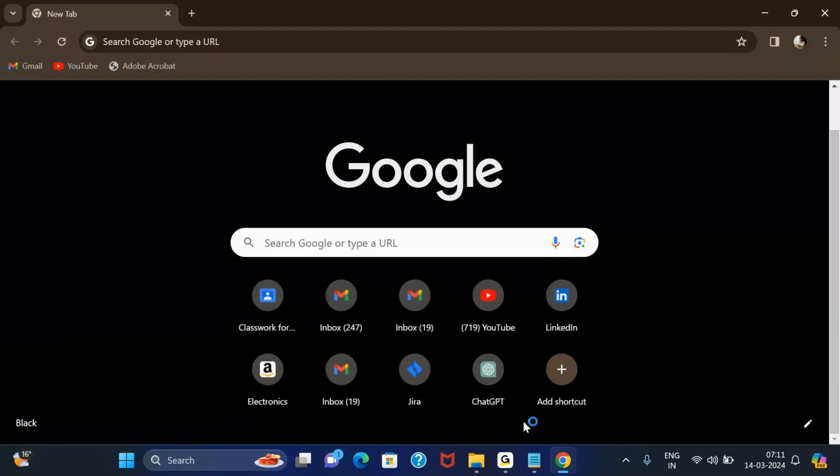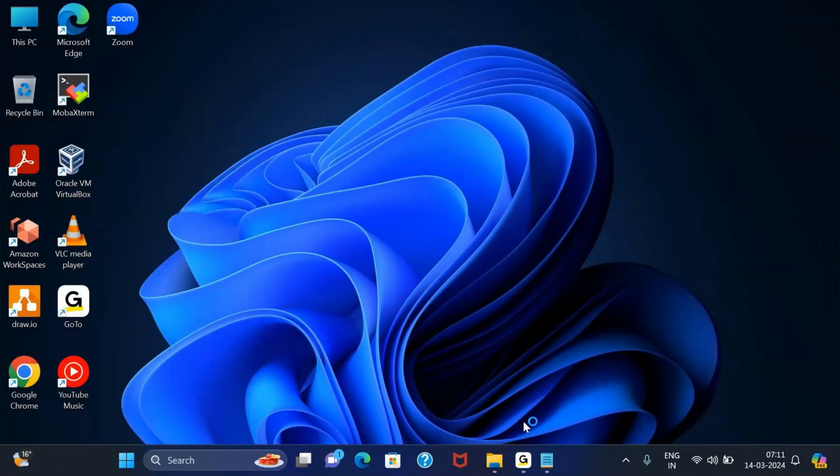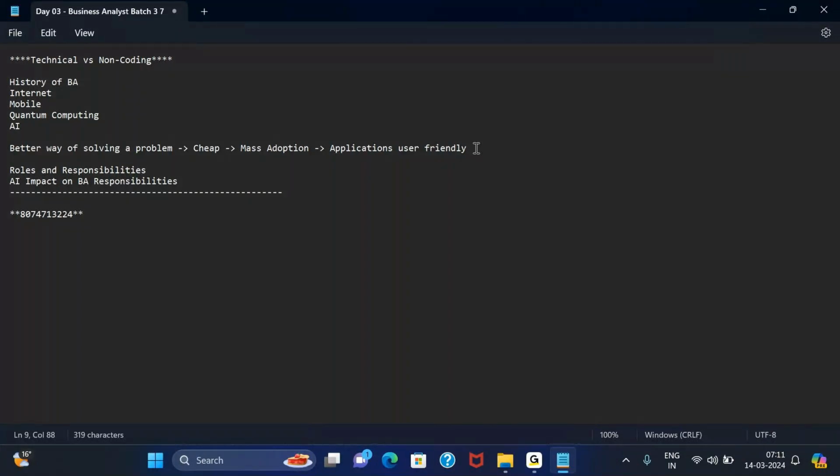We want to build applications that are as user friendly as possible, that is, you should be taking less time to perform any task. If an application is not user friendly, what will happen? You will simply move away from the current application to a competitor application. That is where, when technology was evolving, people started expecting user friendly applications to be built.